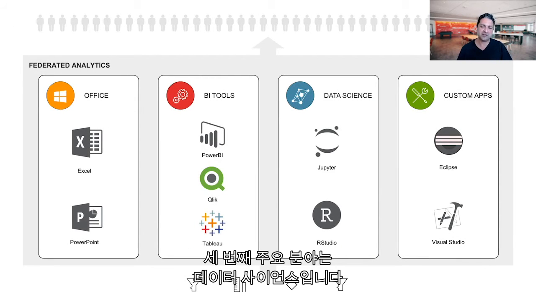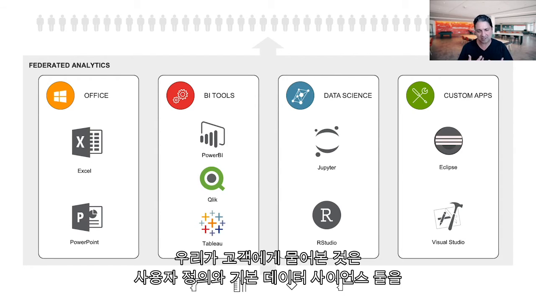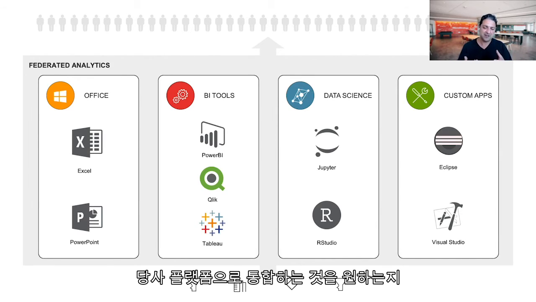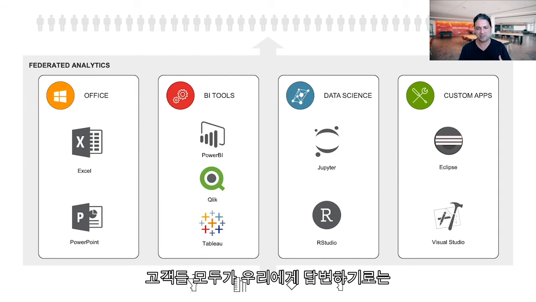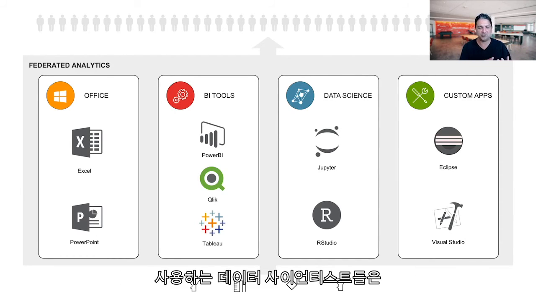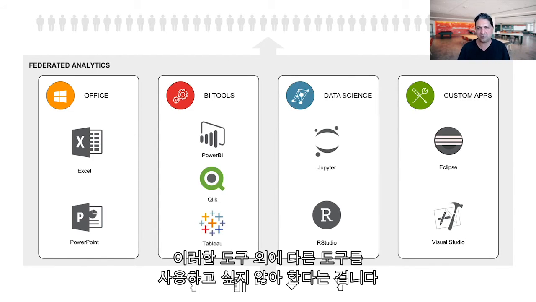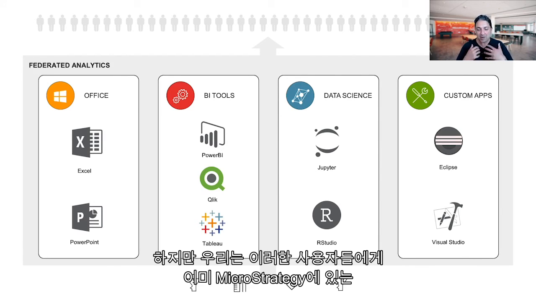The third major area is data science. And this is something that we've actually debated a lot with our customers about. And we asked our customers, do you need us to integrate custom and native data science tooling into our platform? Or would you prefer that we integrate with some of the most popular data science tools out there? And what all of our customers told us was that they've got these users, these data scientists that are using R and Python, Jupyter Notebook or RStudio, and they don't want to leave those tools. They certainly don't want to leave those tools for something that maybe they don't even know about called MicroStrategy. But we do want to deliver that trusted information that's already in